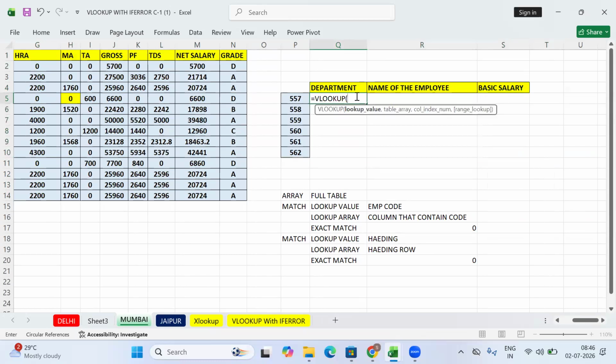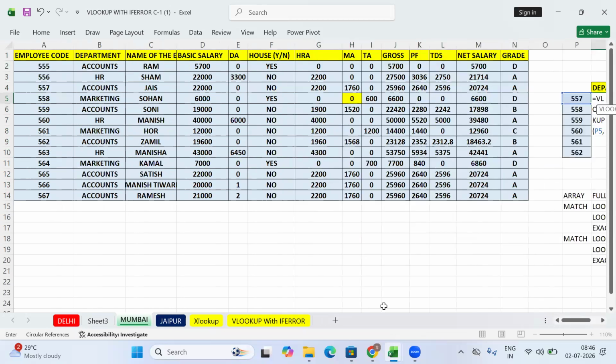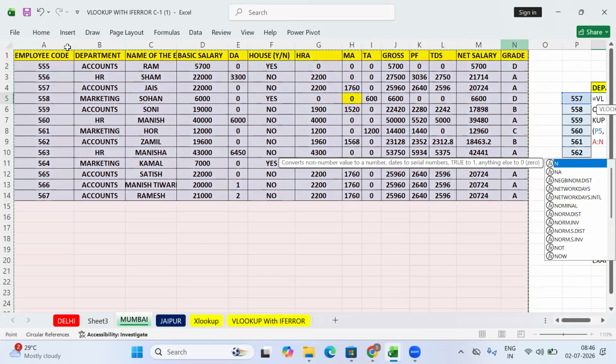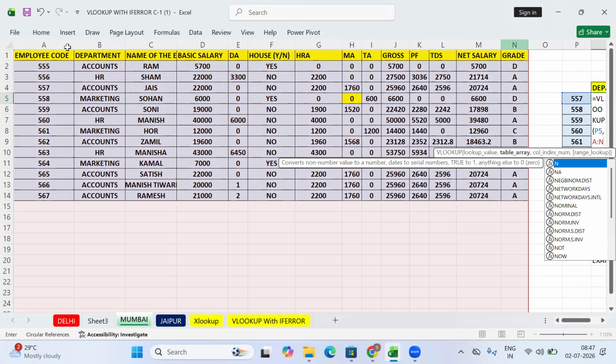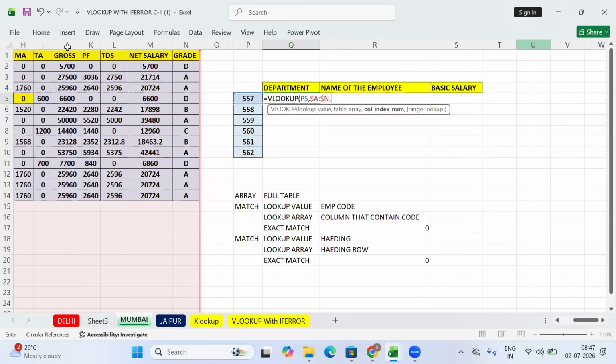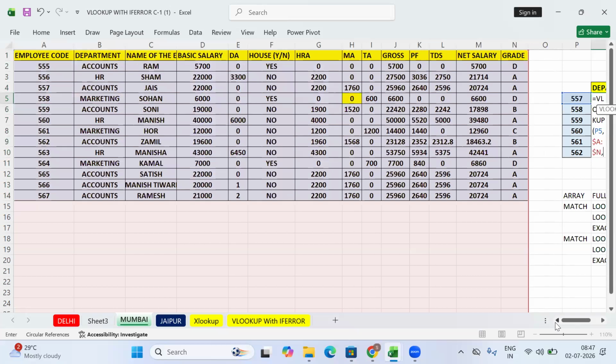Now what we have: lookup value 557. Then we have a table array. That table array will be your full table from A column to M column. And what is the column number for department? B, right? Column for department I'm saying.